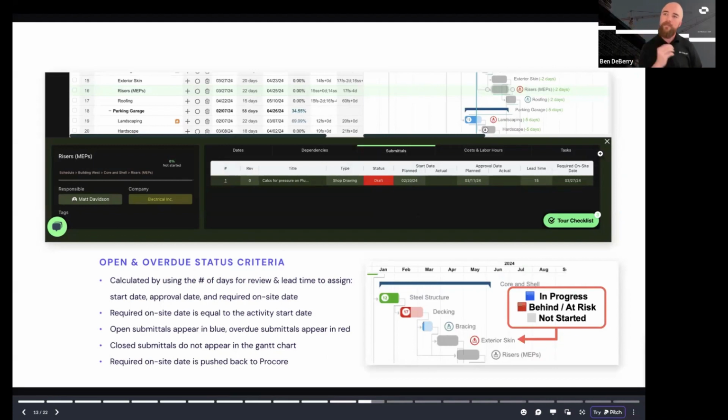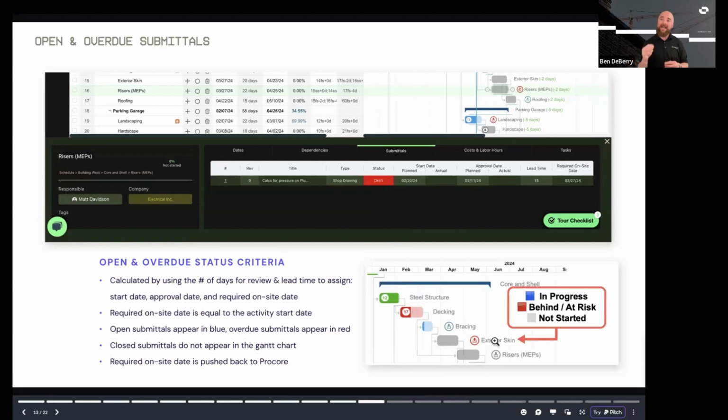So because we have those connected submittals, we're able to highlight when an item is open or overdue. The way that we calculate that is we assign those due dates for the submittal and for the review and the approval by walking back those review times and lead times. Then within the schedule itself, you're going to see these icons change colors. And what's very cool is it is dynamic.